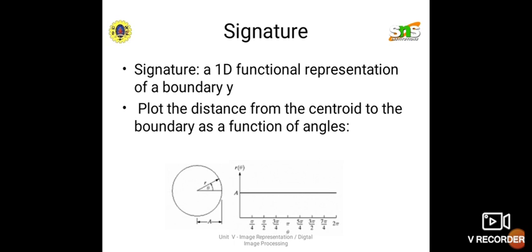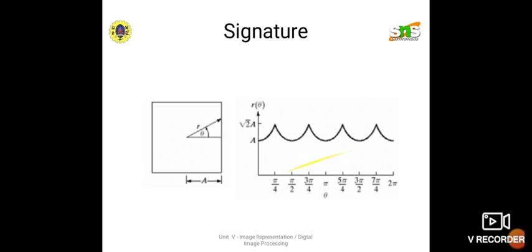The amplitude remains constant, that is, the length from the center to the circle, the radius, remains constant even though the angle is changing. So this is a one-dimensional representation of the boundary. This is called a signature. Next, if you see the signature of another image, which is a square,